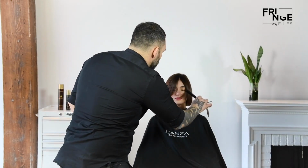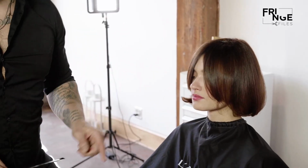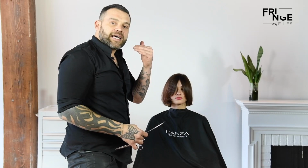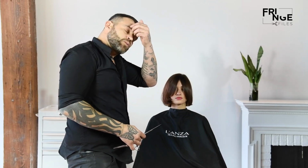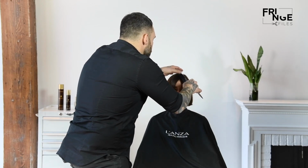All right, so I think we're going to bring Madeline's Bardot fringe to about the bridge of the nose. That way, when she brushes it to the side, you'll be able to see her eyes, but also if she wants to wear it swoopy, she can do that as well. So I'm going to take a small triangular section